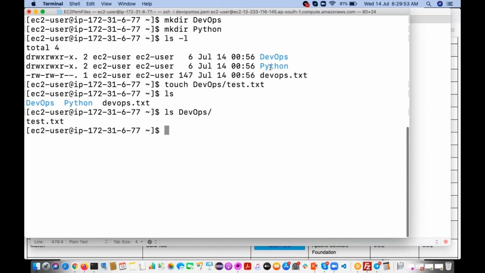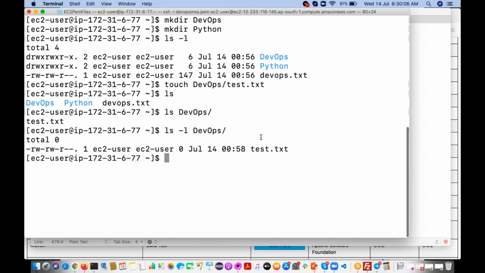So here the DevOps directory is a non-empty directory. Inside the DevOps directory, test.txt is an empty file. If you want, you can check it. See, the test.txt file is an empty file.